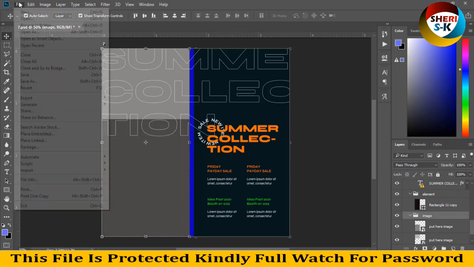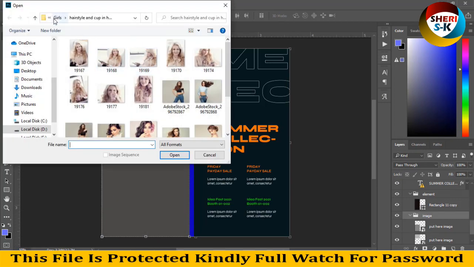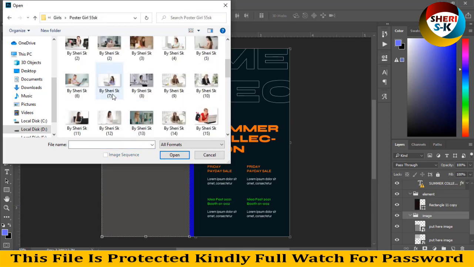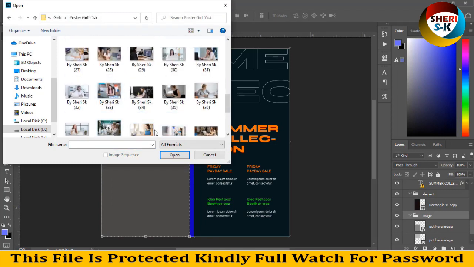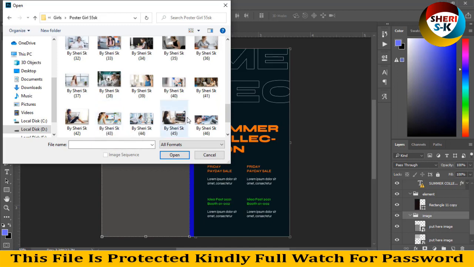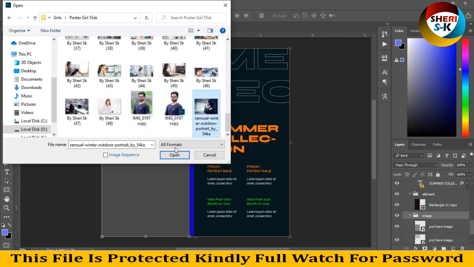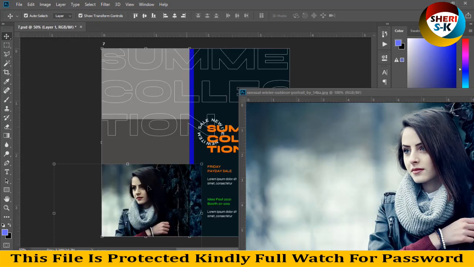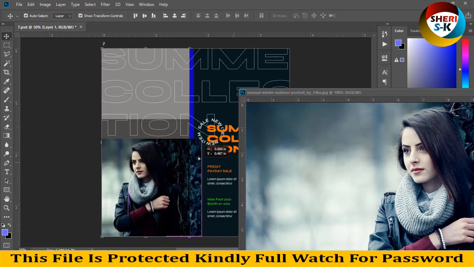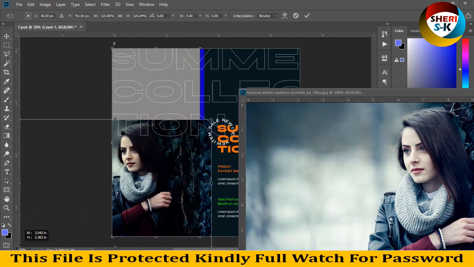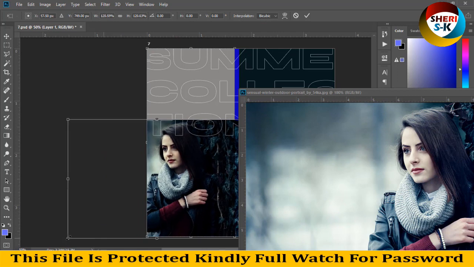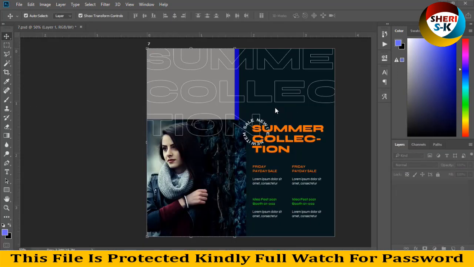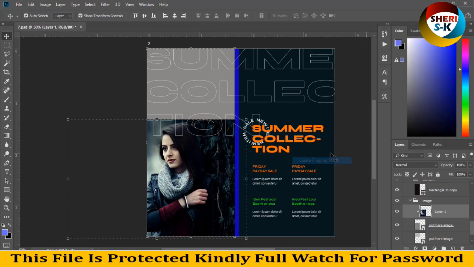You see, so I drag this file. Enter, right click, create clipping mask, and our photo is in